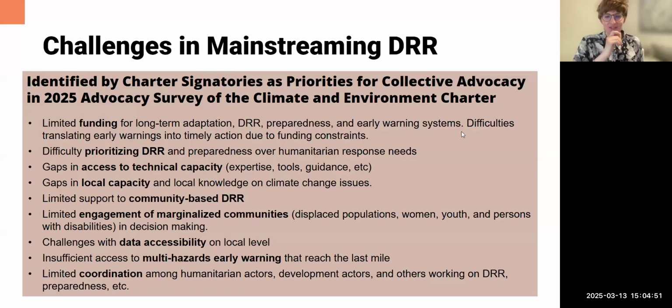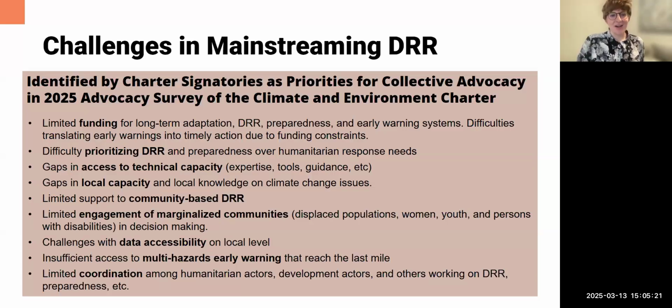But to frame this piece, I'll start by sharing that last month, the Secretariat opened a survey to Charter signatories on their priorities for collective advocacy within the Charter community. We heard from almost 100 organizations from over 50 countries about the challenges they're facing in advancing climate and environmental action that could benefit from some collective advocacy. And we wanted to highlight some of the key messages we heard, which you see on this slide about the challenges in